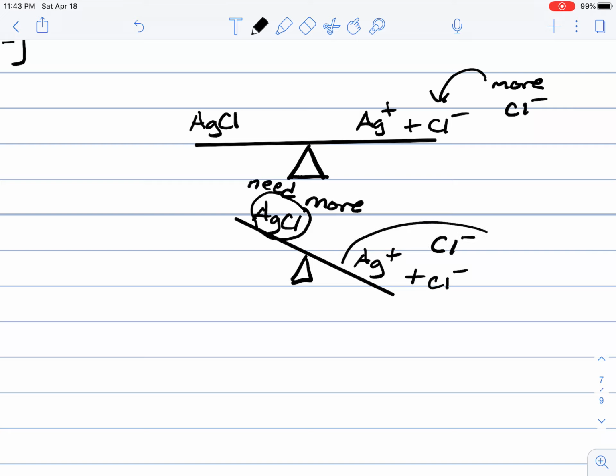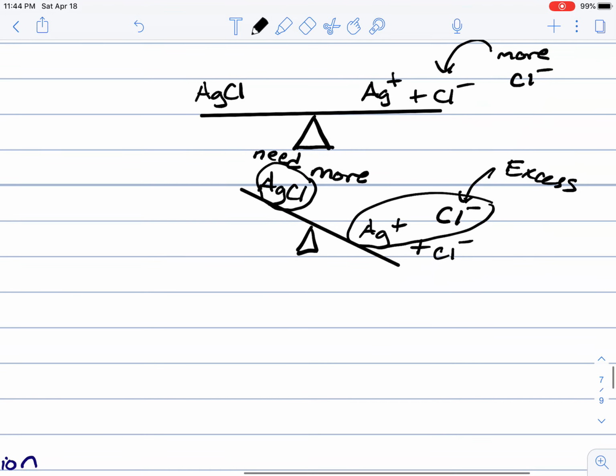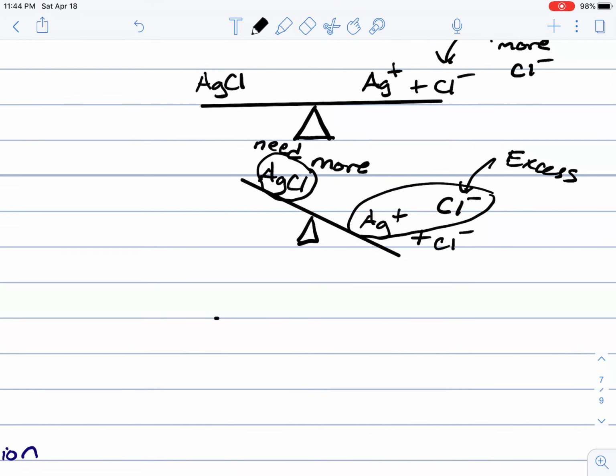So what you're going to do is consume the excess chloride by reacting it with the cation that's present in the solution. In this case, it's going to be silver. And so by consuming your excess chlorides, you'll be able to rebalance this seesaw, if you will,